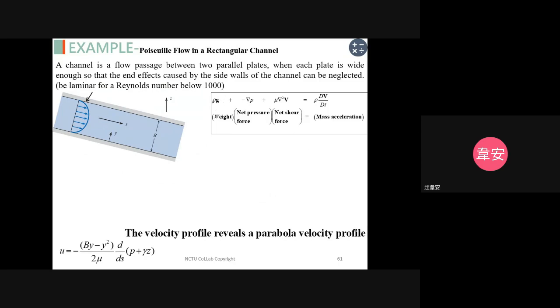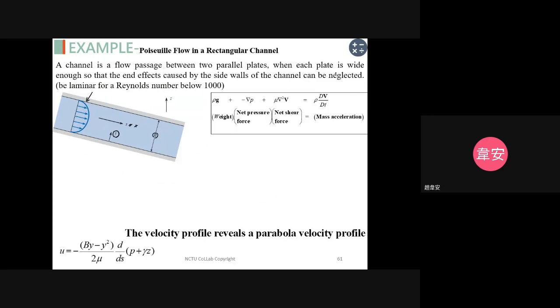the Navier-Stokes equation shown here, and we also consider our coordinates: this is the y direction and this is the stream direction, parallel to the x direction. And we have the channel width. So how can we prove the velocity profile? And as you see,